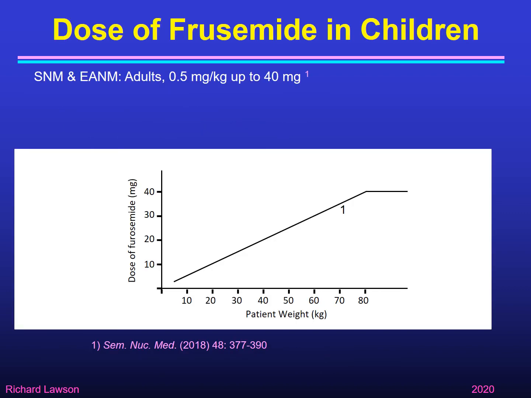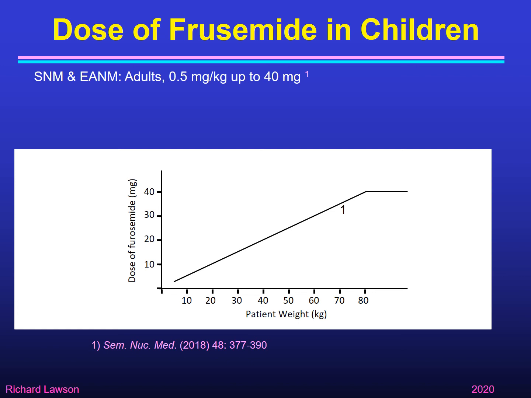There's a question of how much furosemide to give in children. If we look at the guidelines from the Society of Nuclear Medicine and the European Association of Nuclear Medicine, for adults they say 0.5 milligram per kilogram body weight up to a maximum of 40 milligrams. So we get this graph of dose against patient weight increasing linearly up to a maximum of 40 milligrams for